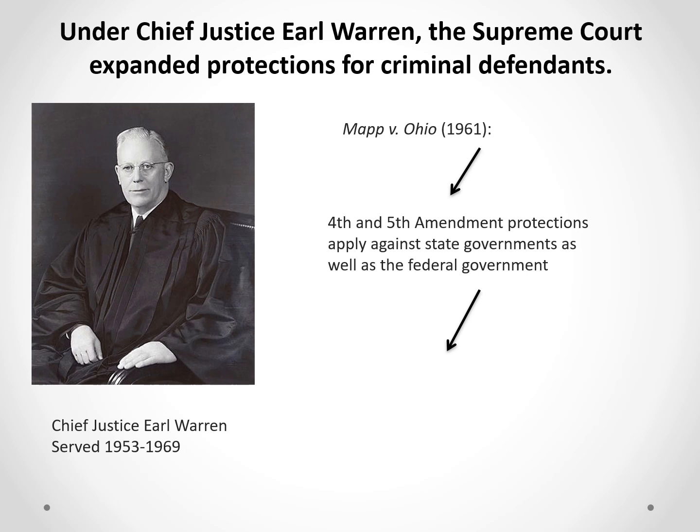And Chief Justice Earl Warren said, yes, they do. He said the Fourth and Fifth Amendment protections apply against state governments as well as the federal government. And he came up with a very interesting way of doing this. Okay, he says, we have 14th Amendment due process that applies to the states. And we have 5th Amendment due process that applies to the feds. And he lined those two due process clauses up, and he kind of constructed a little portal or wormhole between 14th Amendment due process and 5th Amendment due process.